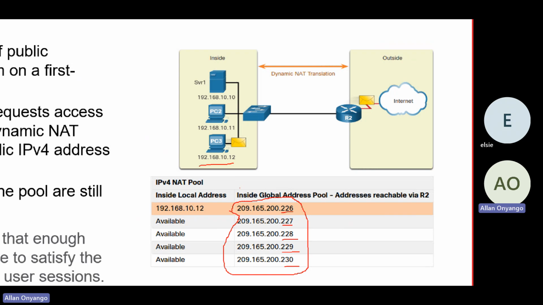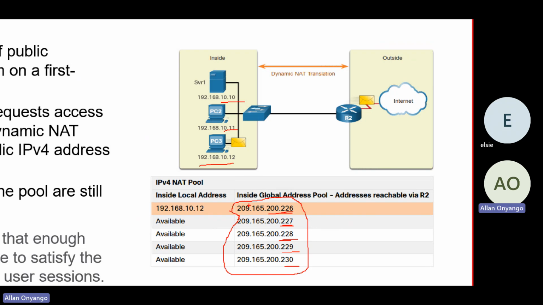Wherever PC3 wants to access the internet, it will pick randomly. So let's say it picks 200.226, the first public IP. Then 10.11 comes and picks 200.227. 10.10 comes and picks 200.228. And then